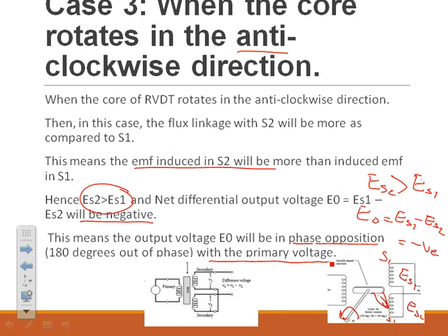Instead of a camshaft, we can use a core, a soft iron core like this. There is a shaft like this. By rotating this shaft in the clockwise direction, there is a displacement in this direction, and in the anti-clockwise direction, the displacement is in the opposite direction. It is like a screw type core. Both are the same, it is angular. By this angular rotation, the core will move in, and in the anti-clockwise direction it will move out. So this is the working principle of the RVDT.